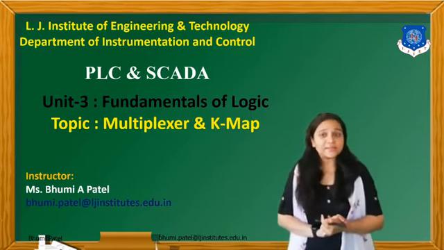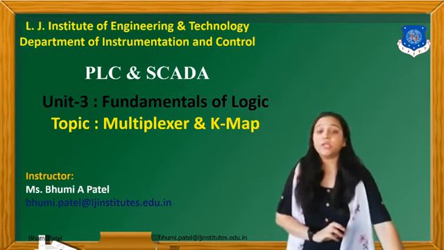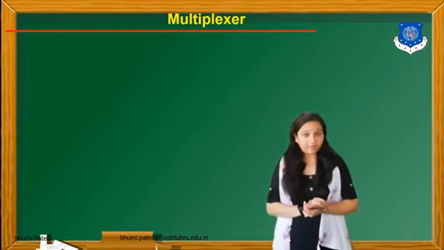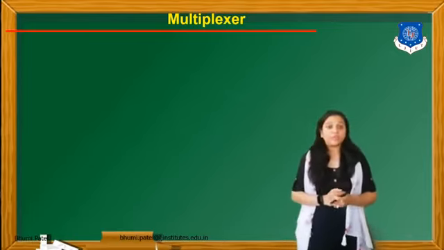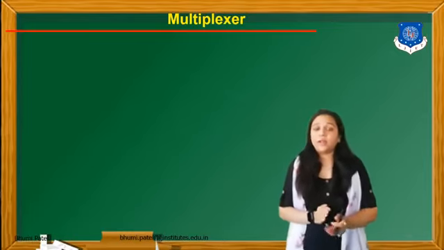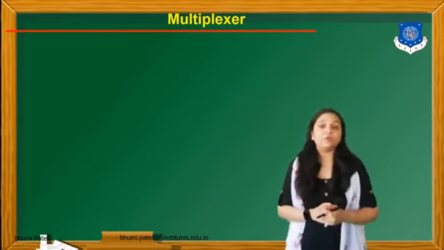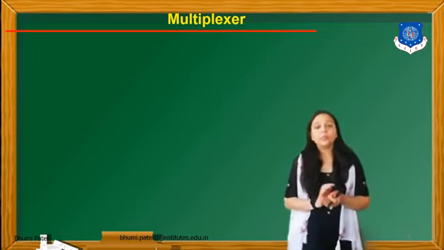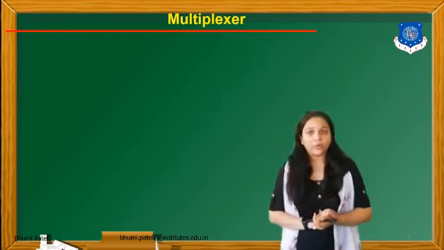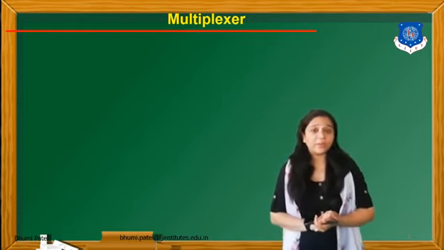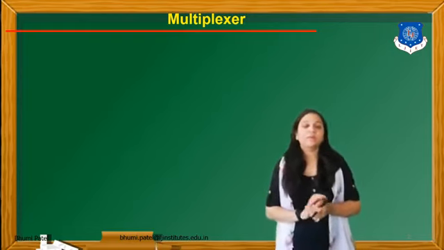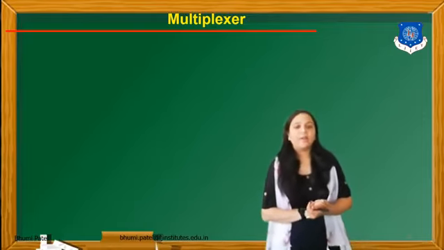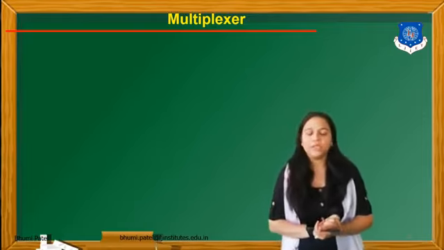In the last session, we discussed the different types of adders, the full adder and the half adder. We studied the truth table of the full adder and the half adder, and then we drew the ladder logic diagram using the Boolean equation. Then we studied the decoder circuit, the block diagram of the decoder, the truth table, and lastly the ladder logic diagram of the decoder.